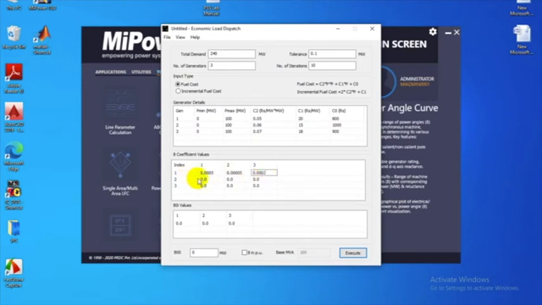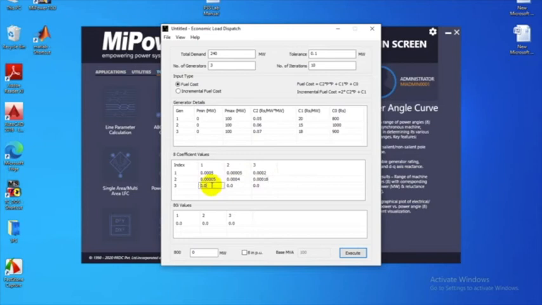Now B21 should be equal to B12, so it will be 0.0005. B22 should be 0.004 and B23 should be 0.0018.